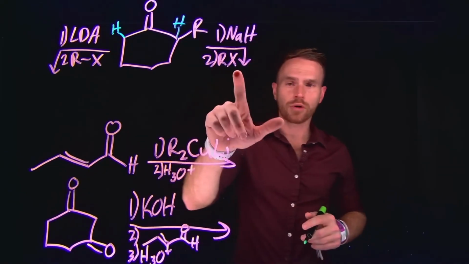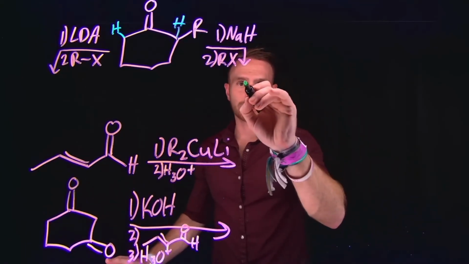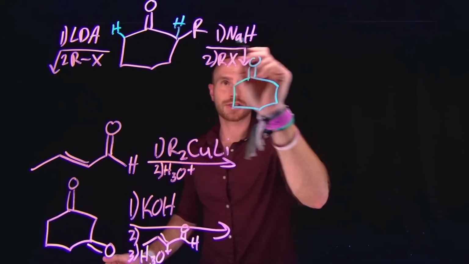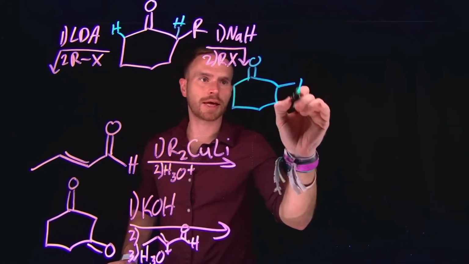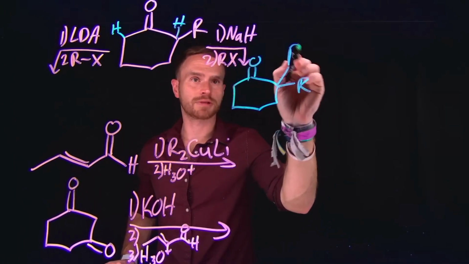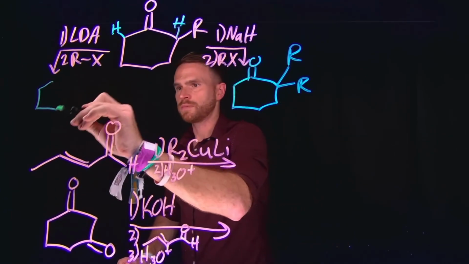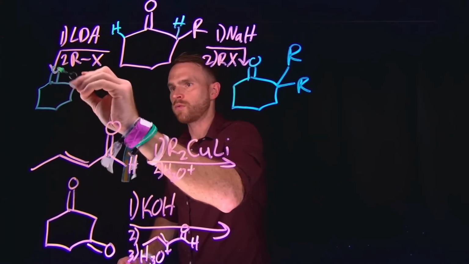The R group will undergo a substitution reaction at those deprotonated positions, so as I mentioned for the sodium hydride example, the alkylation would take place at the more substituted position. Whereas for LDA, the less substituted position would be the one that gets alkylated,